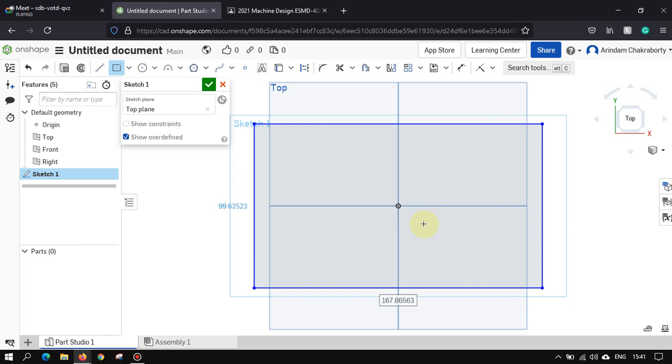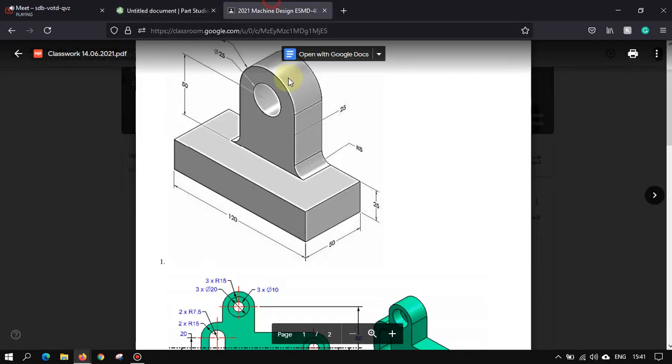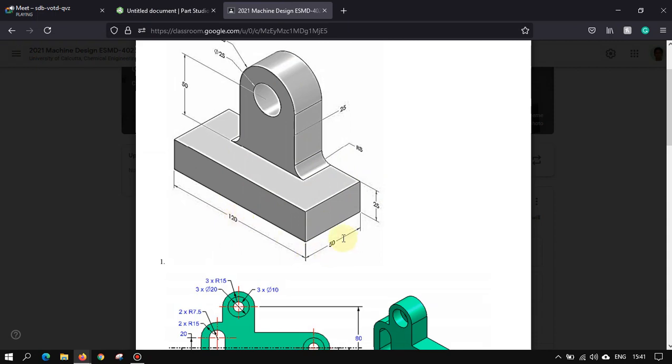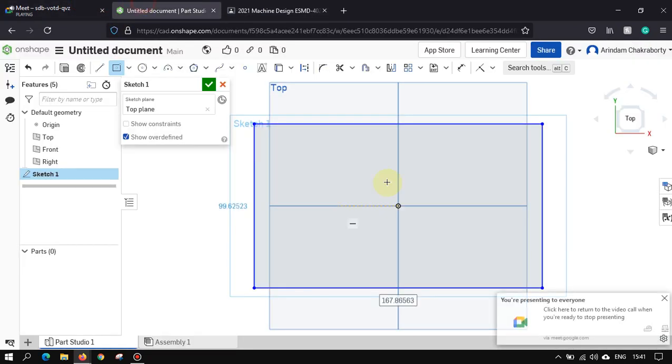After that, let us see what is given: 120 and 50. Go for the dimension, click on this one, and you will see a new pop-up showing 167 point something.